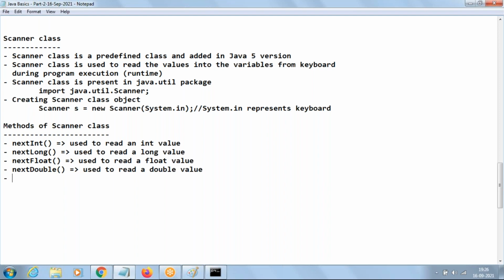Like that we also have nextByte and nextShort. Then the simple method next: use it to read a string value without spaces. No spaces in that string value. Then if I want to go with spaces, we have to call the method nextLine. Use it to read a string value with the spaces.